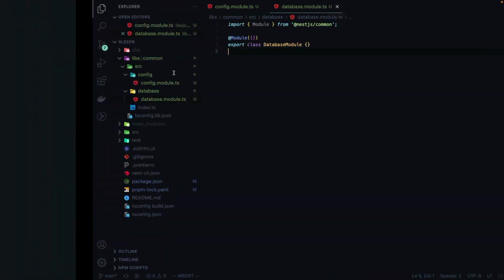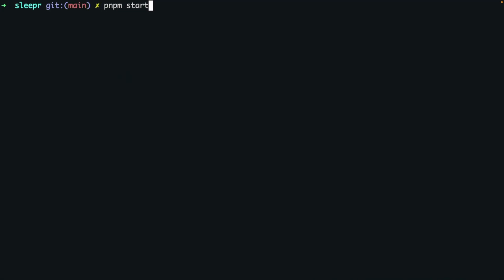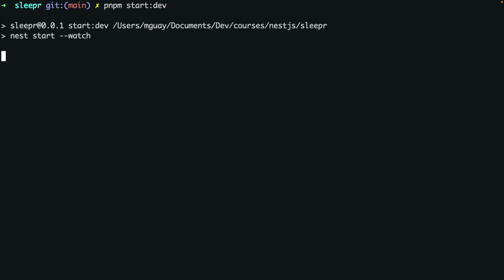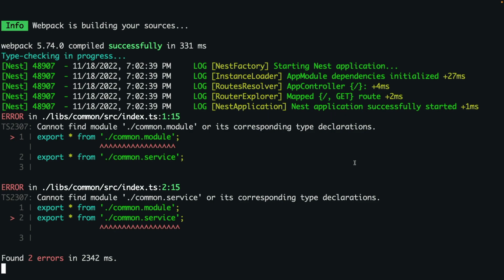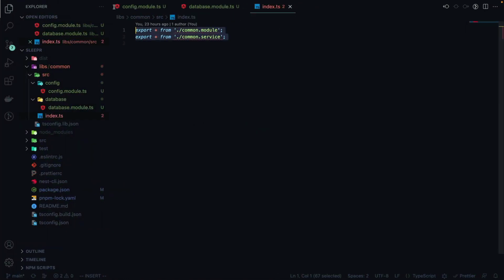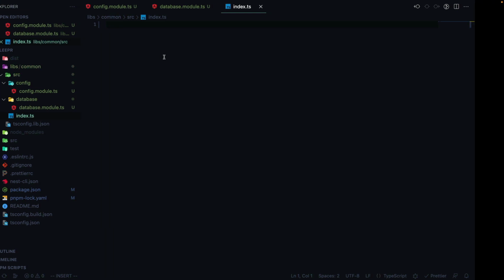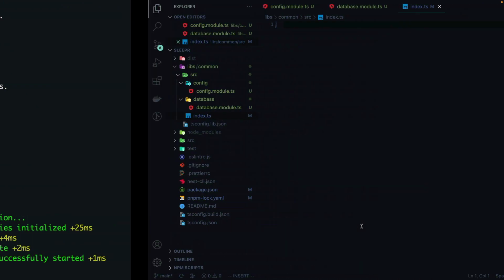So before we initialize the database module, make sure we go back to our terminal here and make sure we start up our development server in dev mode by running pnpm start dev, so we start listening to changes and make sure that our app starts up okay. We can already see a couple of errors coming from the terminal here on our index.ts, which makes sense because we deleted our common files. So we just need to delete these exports here. Now if we go back, we can see that our Nest app has started successfully,